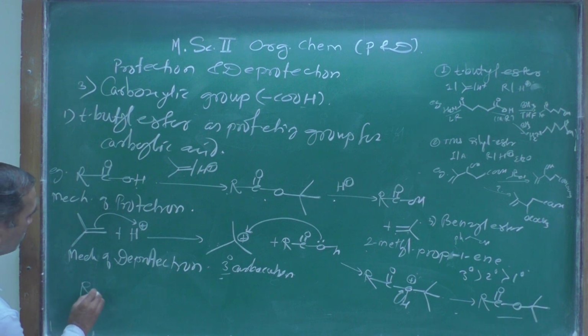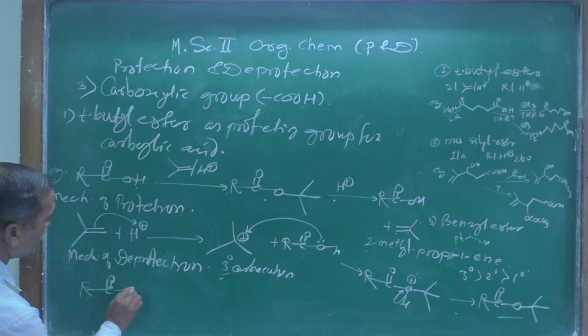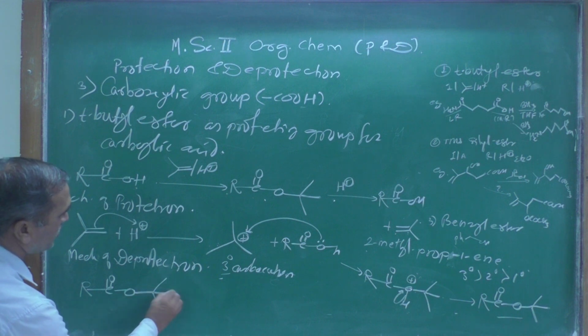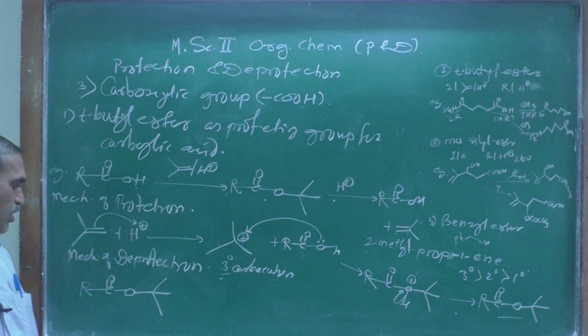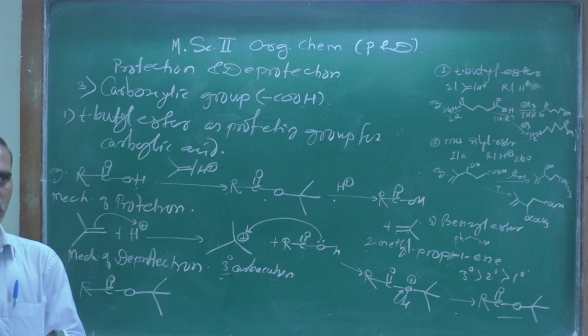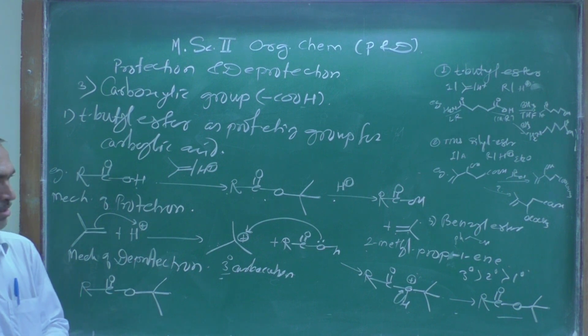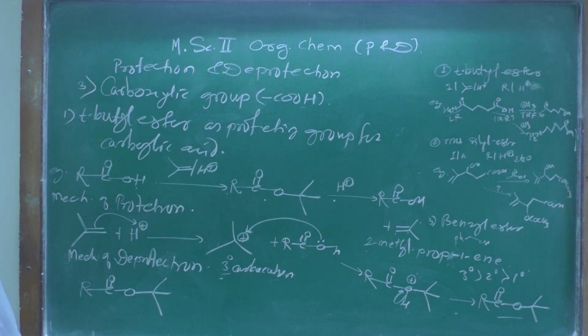Now R C double bond O, then O, this tertiary group over there. And as we know that deprotection can be done in presence of acid, so we can remove this tertiary butyl